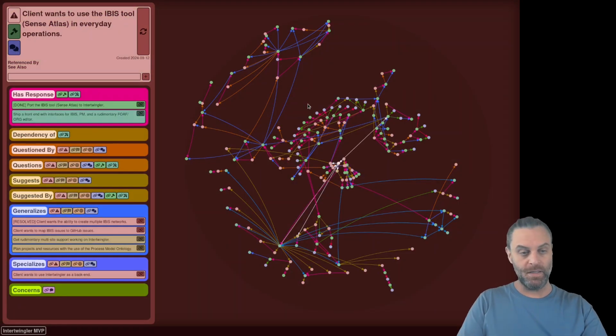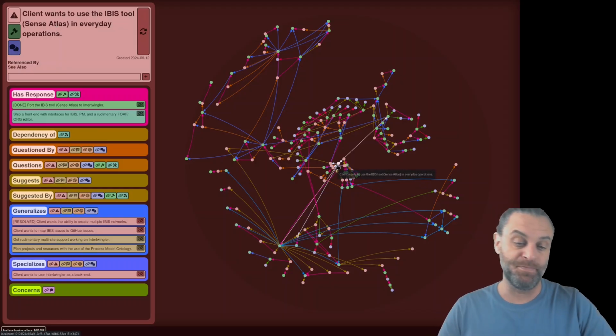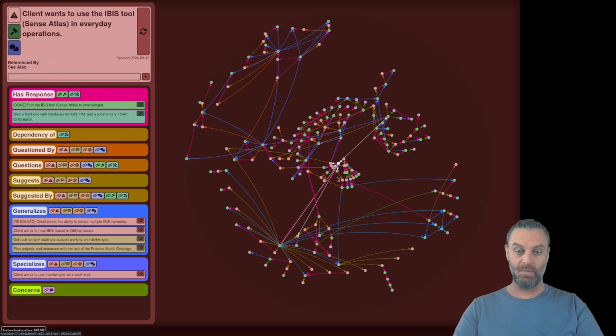I got interested in this because it is a form of project planning and resource planning. The issues in IBIS more or less correspond conceptually to an issue in a bug tracker, like Jira or GitHub or whatever. But they're more generic, they can be an issue about anything. Any of these central things is easily understood. If you understand what these entities are, like client wants, that's going to be easily understood. So my contribution, aside from making this into an actual executable thing,